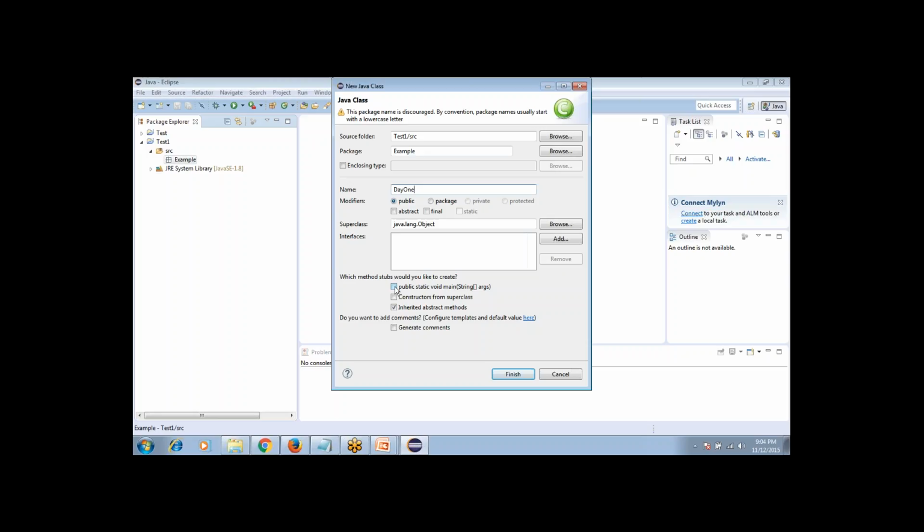And I'm just checking here. This is like public static void main with an argument of string array. Don't worry about these terms. I'm going to explain later what exactly this public and static and void and this string means. But for now, I'm just going to write a hello world program, and then I'm going to explain how it works. So I named my class day one,